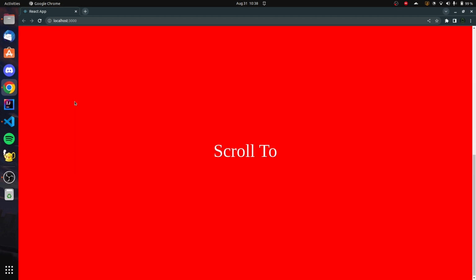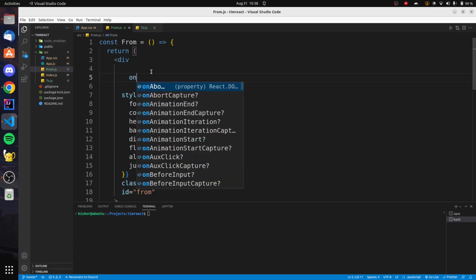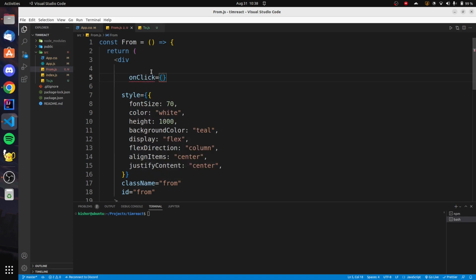So I have created two views here. When I click on the scroll button, I want the window to scroll into the second view here. So what I will do is go into the project. I have created two components here for both the views. What I will do is add an onClick event to this first view,